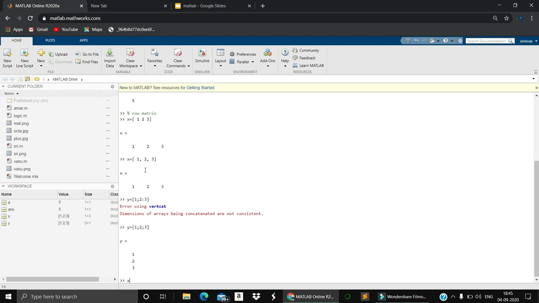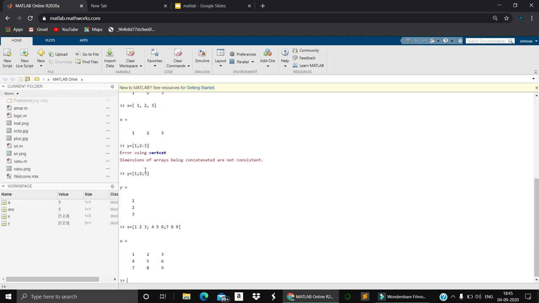Now I am combining those two and entering a 3 cross 3 matrix, and I am going to print a 3 cross 3 matrix with the help of MATLAB. So how is it going to look? Have you observed, right? So x is equals to 1 2 3 semicolon 4 5 6 semicolon 7 8 9. Whenever you specify a semicolon, up to that element it will be taken as a row. After the semicolon, it will be redirected to the next row. In this way, 1 2 3, 4 5 6, 7 8 9, it will give you the row matrix and column matrix of a 3 by 3 matrix.